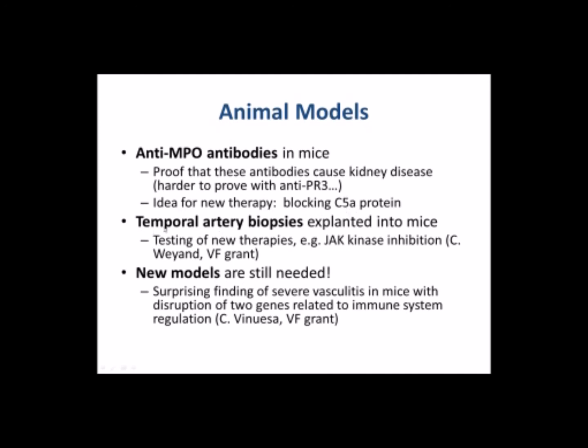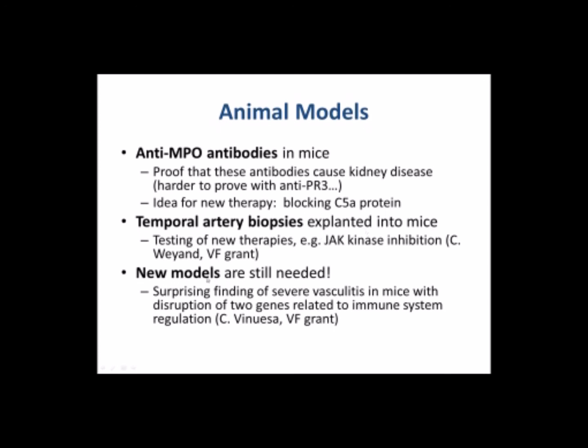A second is a completely different disease, giant cell arteritis. Pieces of human temporal artery, which are obtained fairly routinely on temporal artery biopsies, can actually be put under the skin of mice, incredibly enough. This was pioneered by Connie Wand, who's one of the leaders in this field. And that can then be used to test whether new therapies can be effective. And one of the things that she's done, I mentioned the kinase inhibition as a potential future therapy. Well, at least this can actually be tested in mice first. And no mouse model is perfect, but it's better than having no model at all.